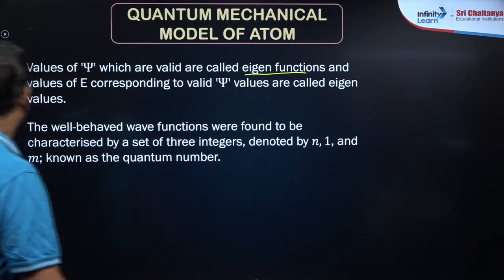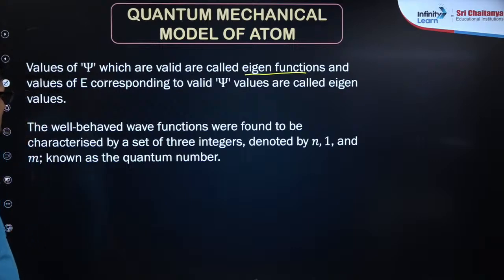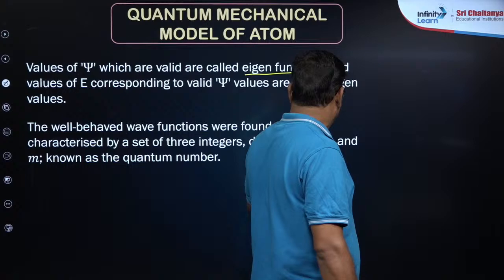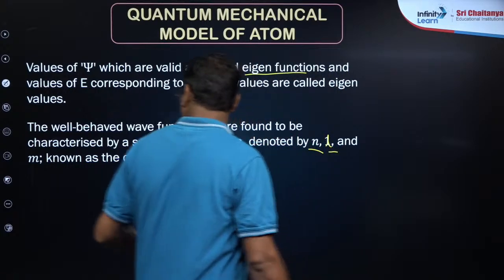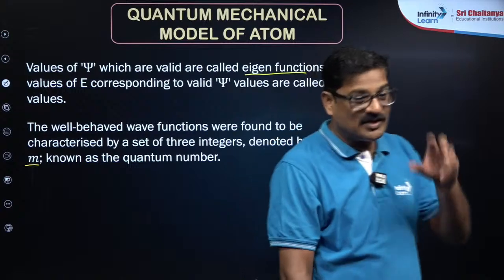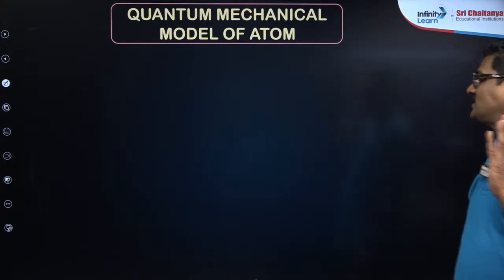Okay, right. And the well-behaved wave functions were found to be characterized by a set of three integers denoted by principal quantum number, azimuthal quantum number, and magnetic quantum number. So these three quantum numbers should be valid. So actually I want to say